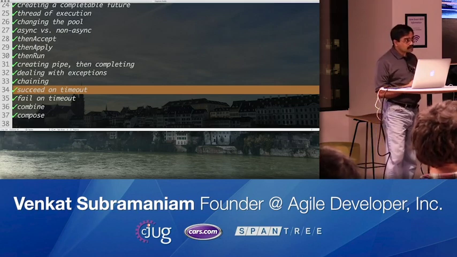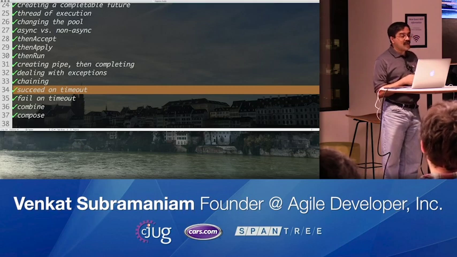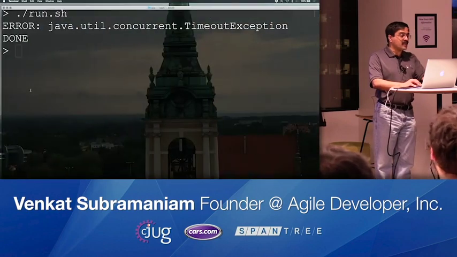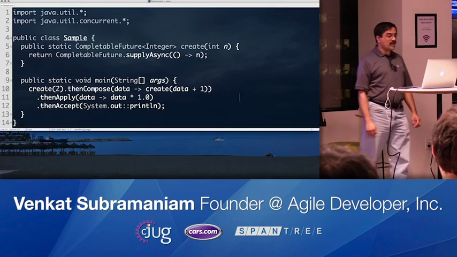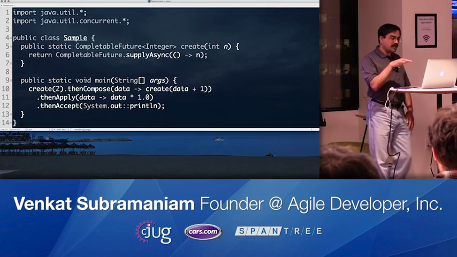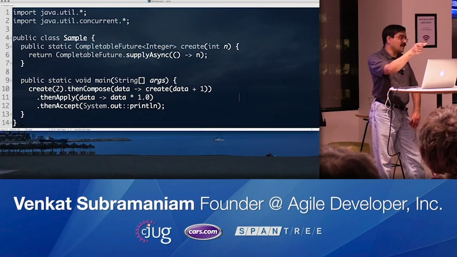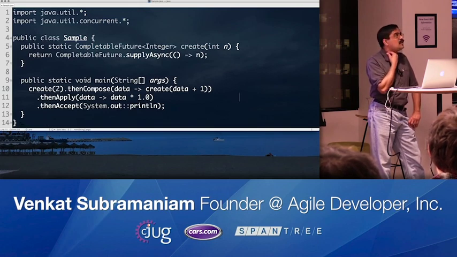Is there a way I can do something when there was a timeout on the CompletableFuture? If there's a timeout, you want to do some other operation. You can, and that is basically where you could take this work. Let's think about this for a minute. You are saying, I have an operation to perform on a timeout, but that computation, you could probably pass a lambda to it and do a delayed execution. So at that point, when that gets triggered, you still have to find a way to execute it.